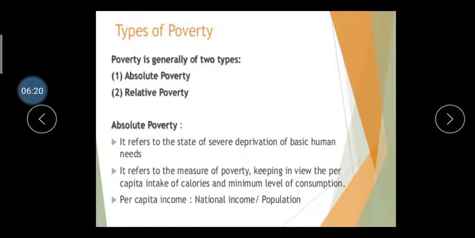Then what is the meaning of per capita income? Per capita income is the national income divided by population. If our national income is higher, then per capita income is also automatically higher. Take the example: if our family income is 20,000 and our family members are 4, then per head you get 5,000 rupees, and if your income rises from 20,000 to 40,000 and the people are the same, you get double, 10,000 rupees, right. So all this is considered on the basis of per capita income. So our national income must be higher, and then we achieve good facilities and reduce poverty in our country.